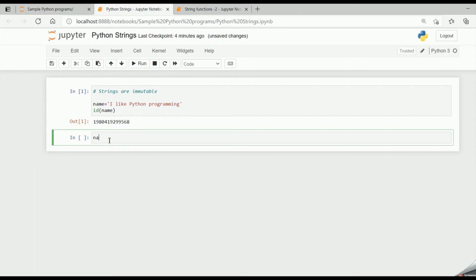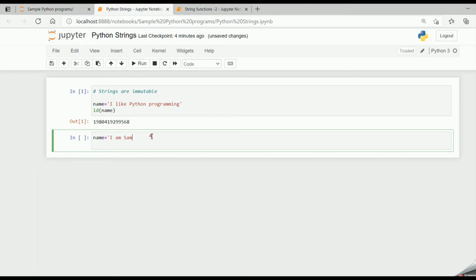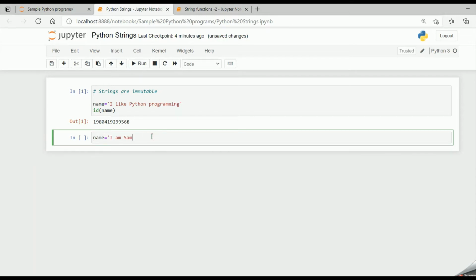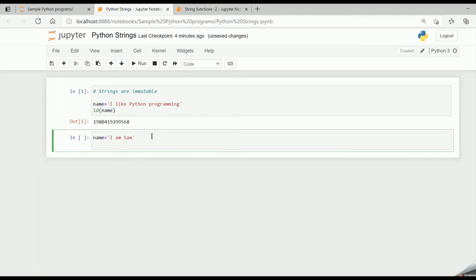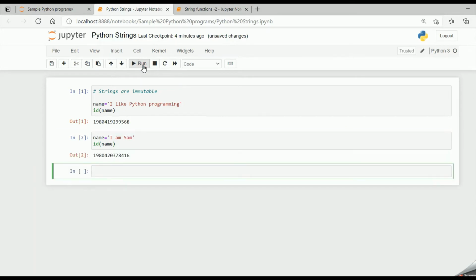Now let me change my name to "I am Sam". And now if I specify id of name, let's check what is the memory location in which it is stored. The last three digits, if I check, are different.